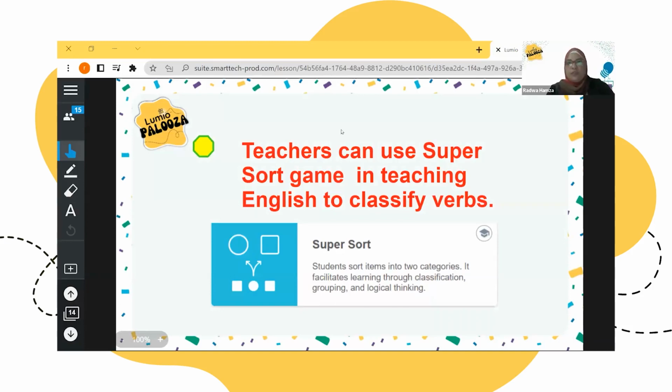They teach verbs, and there are present verbs and past verbs. You can use the Super Sort activity in Lumio to know if your students know the difference between the present verb and the past verb. How can you do this? Let's see together.